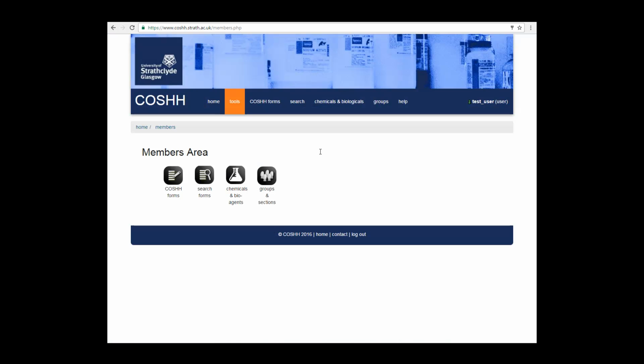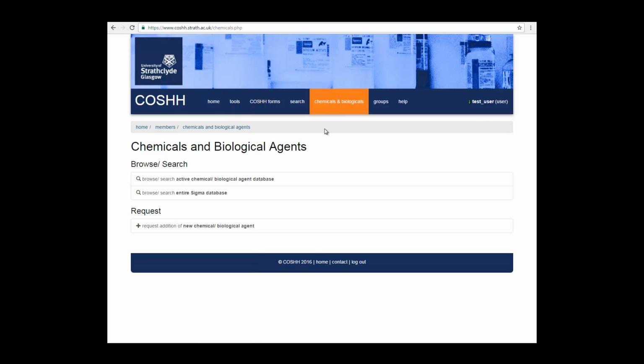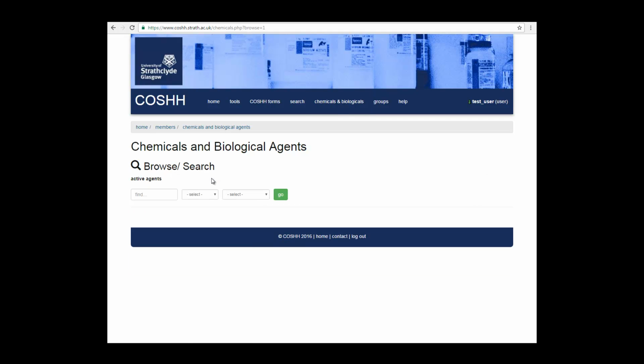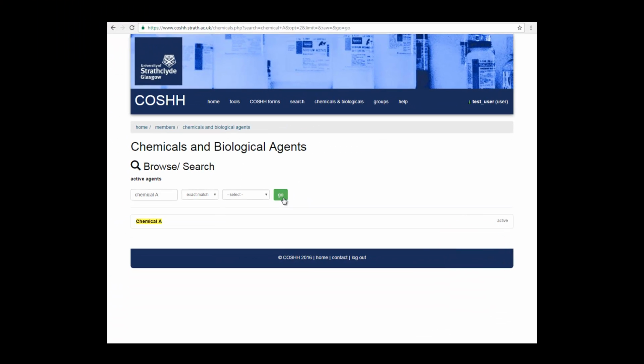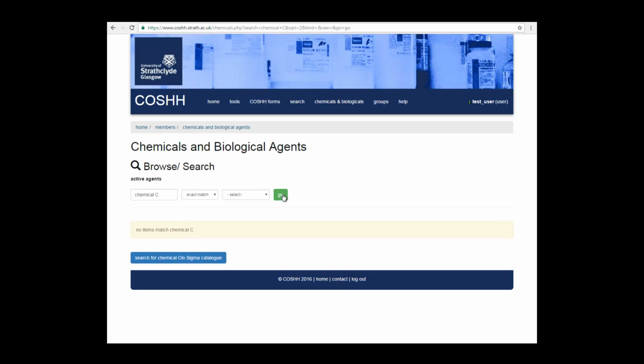So we'll log in as ourselves and go to chemicals and biological agents. We will search the active database, in the first instance for chemical A, using the exact match criteria. And we can see that chemical A is an active agent on the entire database. We will then check for chemical C, again using exact match, and we can see that it's not available in